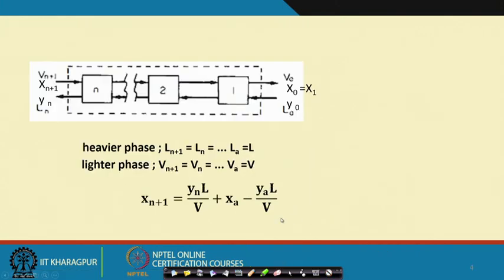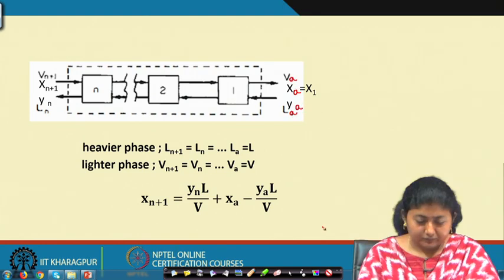Okay. So, we can see that V n plus 1 is the solvent entry in the nth stage, X n plus 1 is the concentration, the fraction of that solute in the stream, L n Y n is the slurry that comes out from the nth stage, and X 0 or X A we can take this as, because we have used this notation L A, Y A, X A and V A, right.